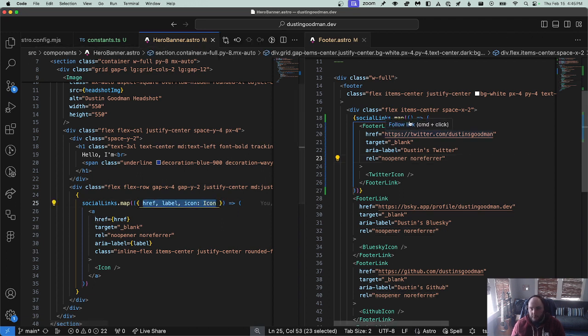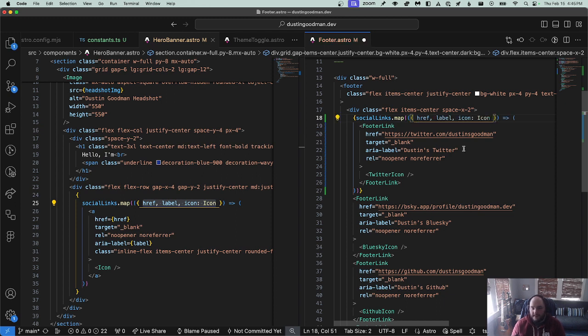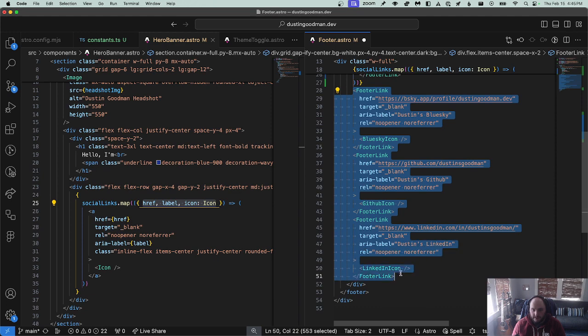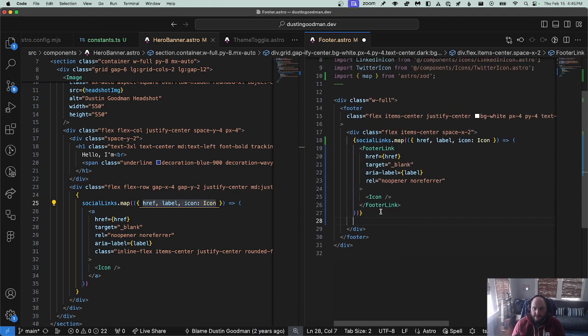But in the meantime, what I'm going to do is I'm going to borrow my destructure from this other component, because why not? And what we can do here is put our href, we can put our label, and instead of calling Twitter icon here, we can just put icon. And I'm going to delete all of these other footers. And assuming I've done this correctly,